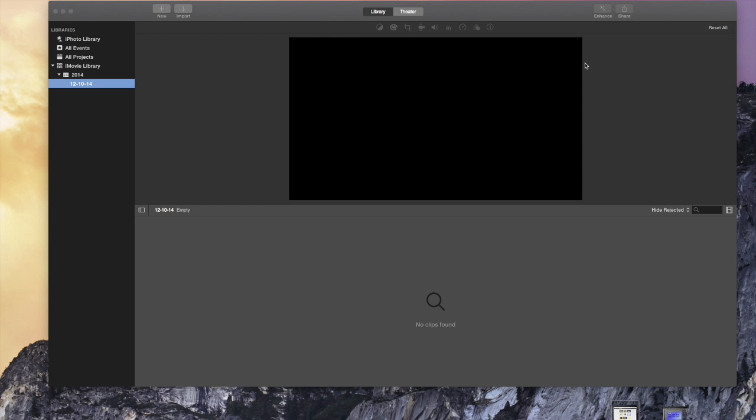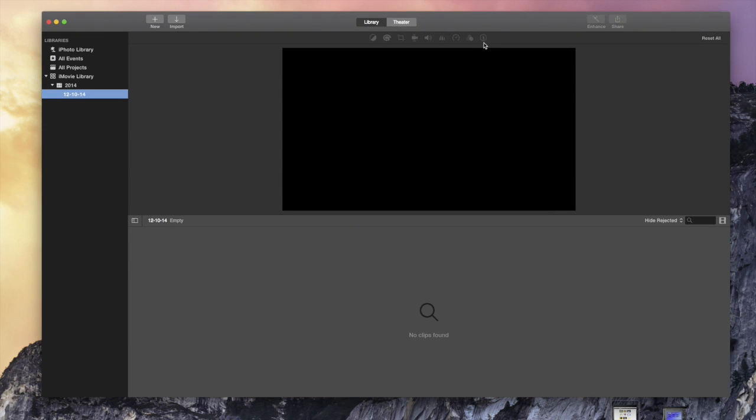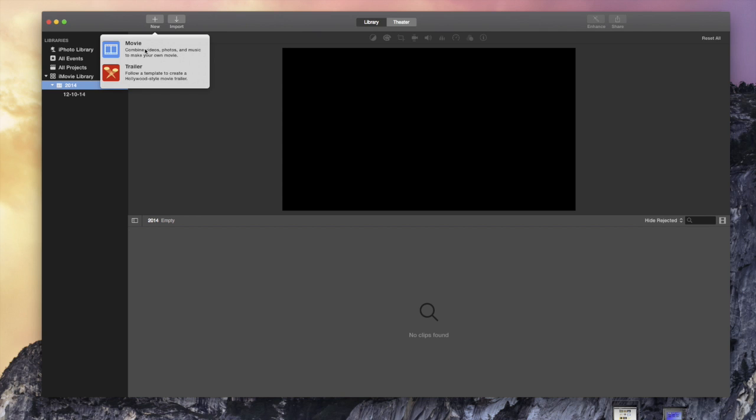So the first thing you want to do is open up iMovie. If you've never used it before, when you open it up, you're going to start with an empty project. And as you can see, there's no clips. I deleted any clips that I had in here, and I'm under iMovie. So the first thing you want to do is create a project, of course. So I'm going to hit New, Movie,